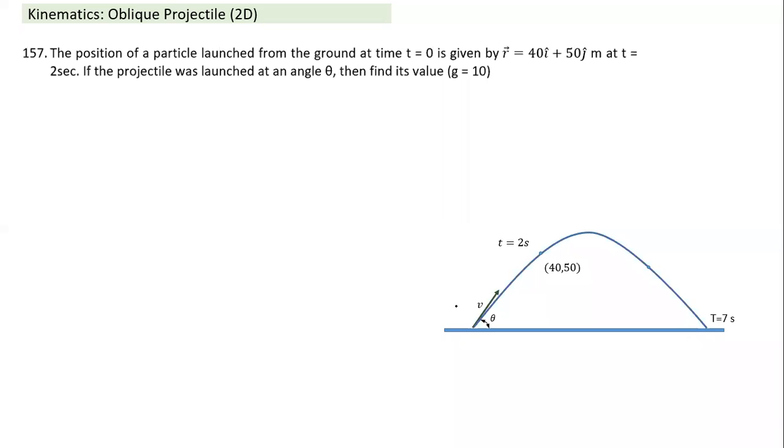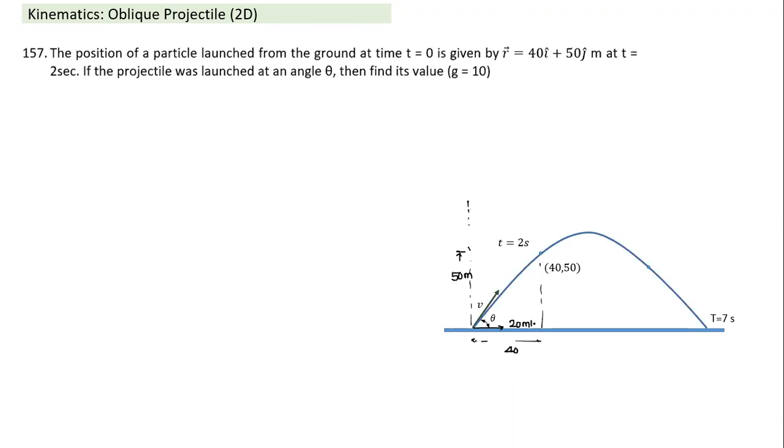So actually we have drawn the figure also. It is something like this. And again, if we look from both the x-axis and y-axis, what is happening? It has had a displacement of 40 meter in 2 seconds. This is 40. And it had a displacement of 50 meter in the y direction. This information is given, that's what t equal to 2 seconds means. Since it had a displacement of 40 meter in 2 seconds in the x direction, it easily gives you the value of ux, which is equal to 20 meter per second.